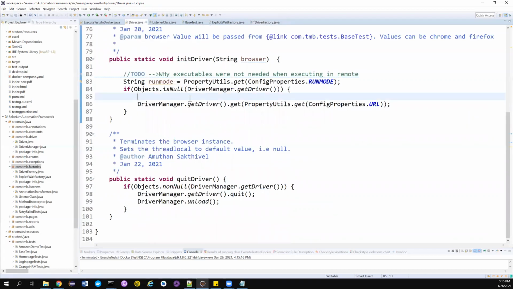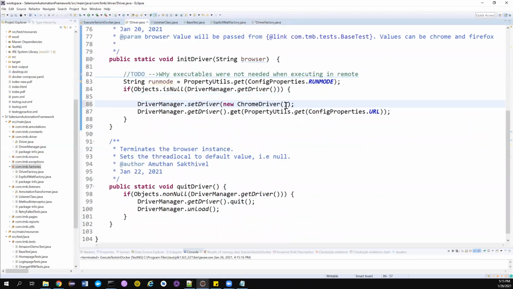That's where it needs to be. Only thing is, whatever that's coming from there, maybe I need to write driver factory dot get driver, and then I need to pass that browser. So whatever the browser that they want to execute, I will pass it here. Okay, it should return me a WebDriver instance, right?